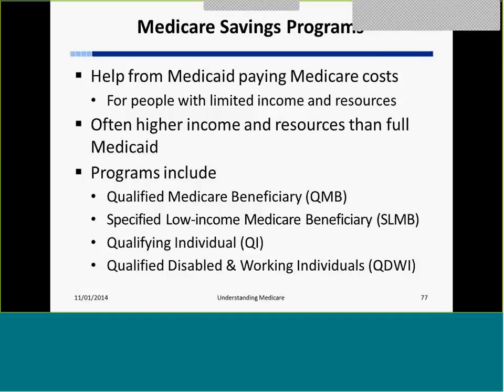And I get the highest level of Extra Help on my drugs, and I'm only paying $1.15 for generics, $6.60 for brands, or $2 something for brand and what have you. You have Specified Low-Income Medicare Beneficiaries. Sometimes you hear me say SLMB. It means that Medicaid pays my Part B premium,